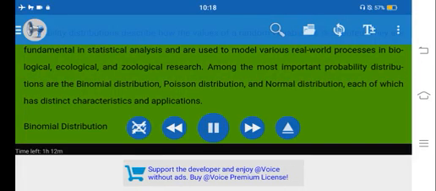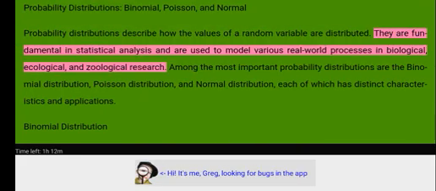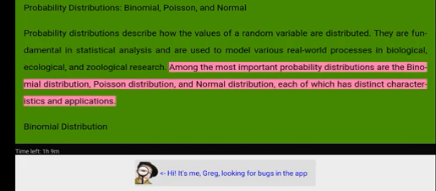Probability distributions: binomial, Poisson, and normal. Probability distributions describe how the values of a random variable are distributed. They are fundamental in statistical analysis and are used to model various real-world processes in biological, ecological, and zoological research. Among the most important probability distributions are the binomial distribution, Poisson distribution, and normal distribution, each of which has distinct